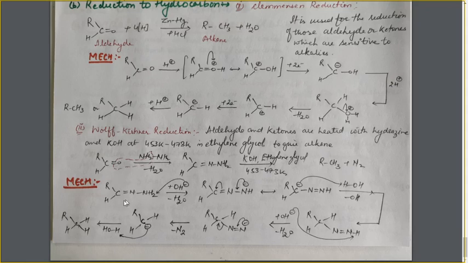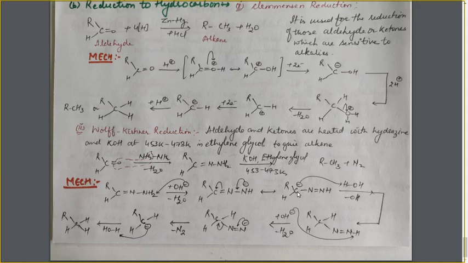I have not discussed the formation of hydrazone. I am starting from the hydrazone itself. In the presence of OH negative ion from this KOH, the OH negative ion will take up the H positive from this NH2 group. As H positive is lost, this nitrogen atom will get negatively charged. As a result of the negative charge, resonance takes place. The negative charge will move to this bond, and this bond will move to the carbon atom. The carbon atom will get negatively charged.